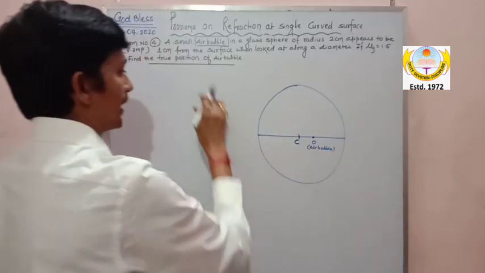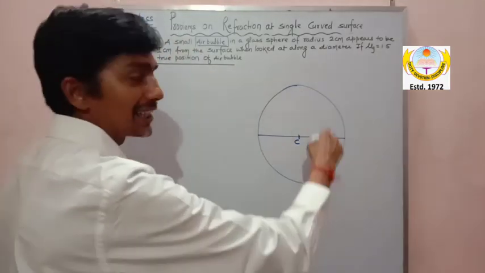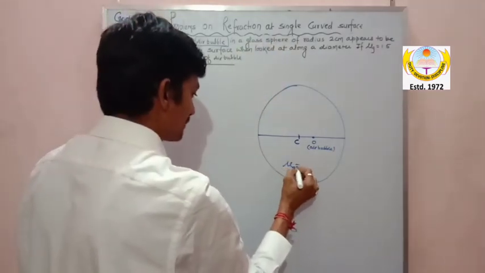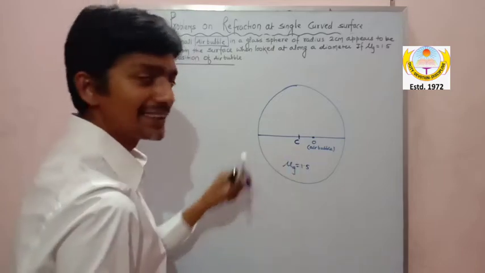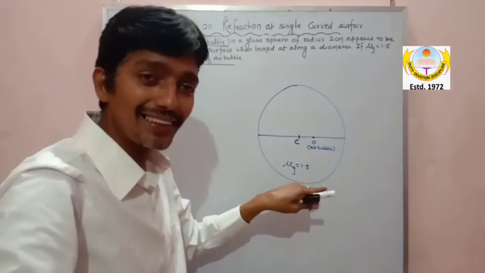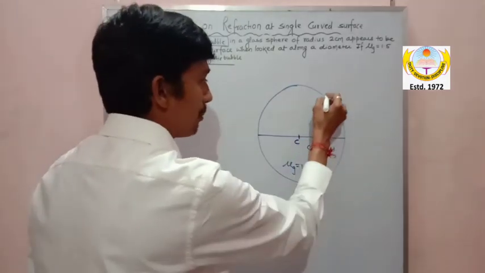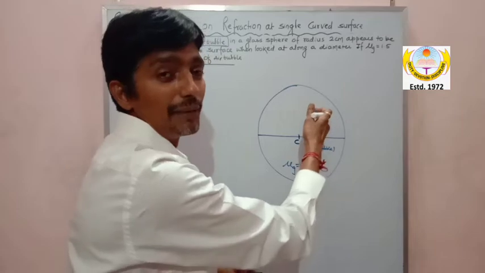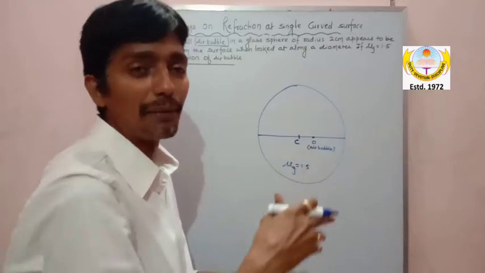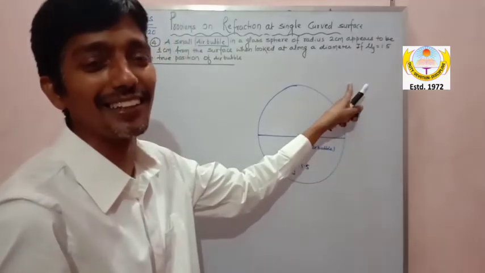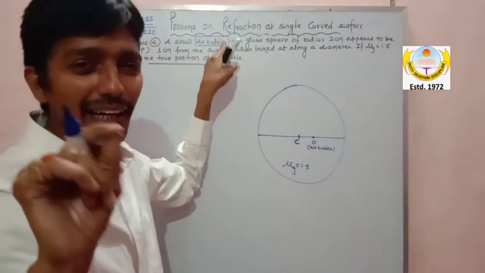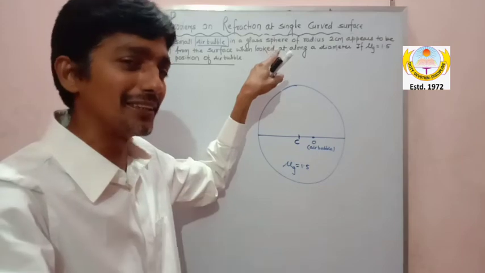So please take care here. The air bubble is the object which is in the glass sphere. So now you tell me, how is the glass sphere? Glass sphere is denser. The object, which is the air bubble, is in glass. So of course the light will travel from the object in the denser medium, and the refracted ray will be in the rarer medium. That is, this is a case of denser to rarer. Why? Because it is clearly given an air bubble in a glass sphere.